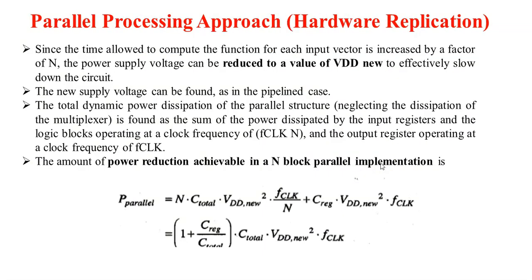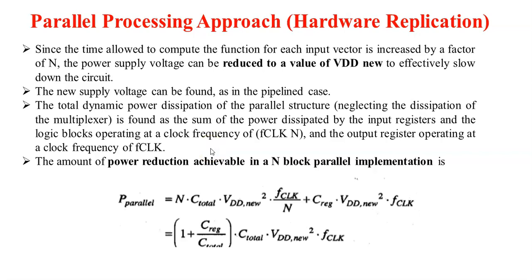Now we have to find the power calculation, the power reduction achievable, with the help of the calculation of the power for the corresponding n number of blocks as well as the output. So the total dynamic power dissipation of the parallel structure is the sum of the power dissipated by the input register and the logic blocks operating at the clock frequency F clock by n. So here we have to neglect the power dissipation of the multiplexer. You only have to consider the number of logic blocks and the power dissipation by the logic blocks as well as